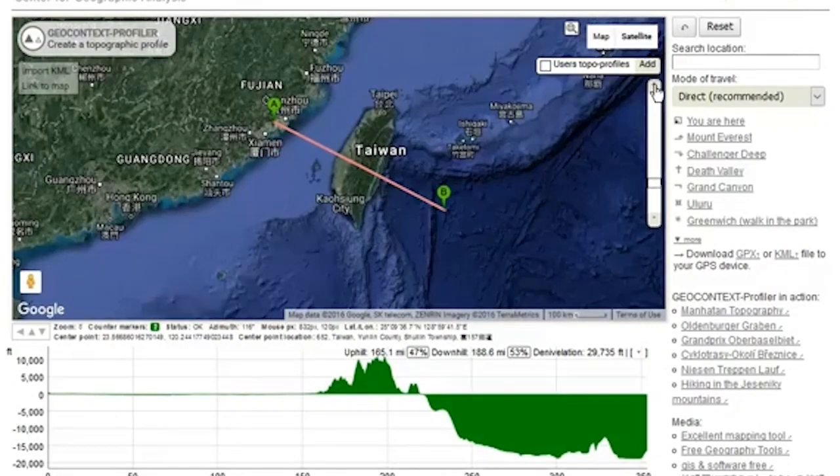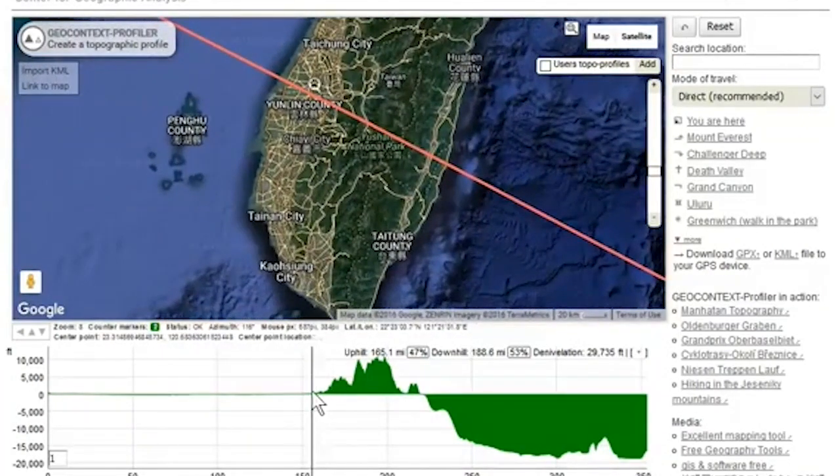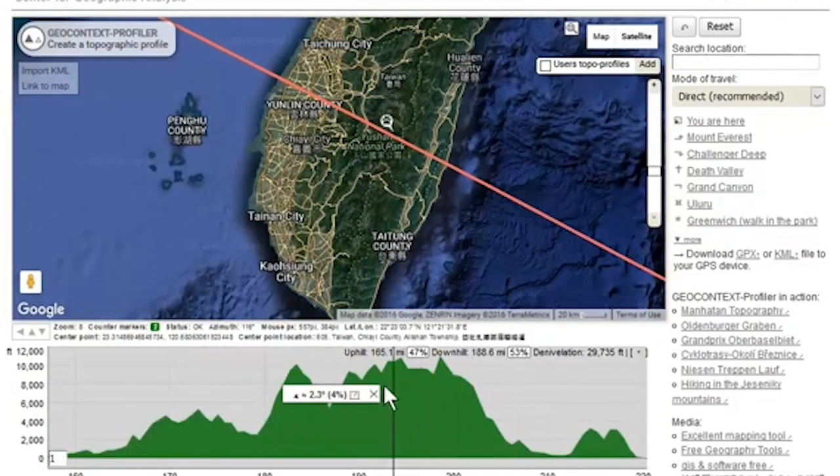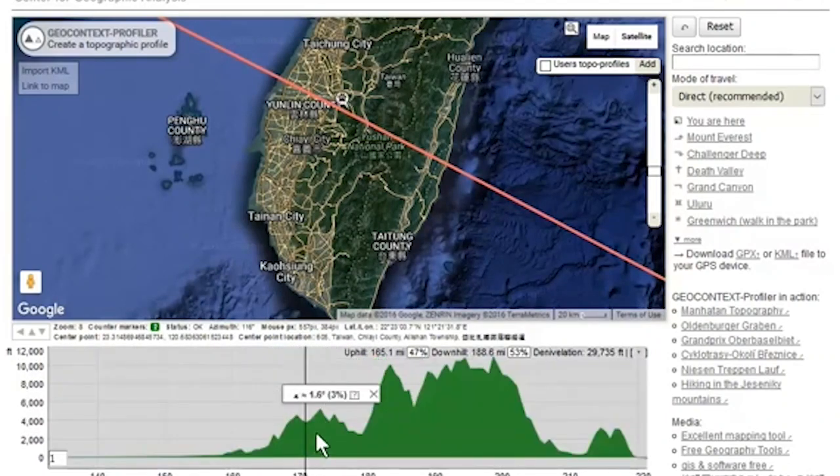So I'm going to zoom in to Taiwan, and then I'm going to zoom in on our topographic profile as well. Let me redo that. To redo that, just hit the X. And so I'm going to go from one side of the island to the other. We can see here, once again, the central mountain range. We've got a little bit of a mountain range over here on the coastline, and a little bit of flat